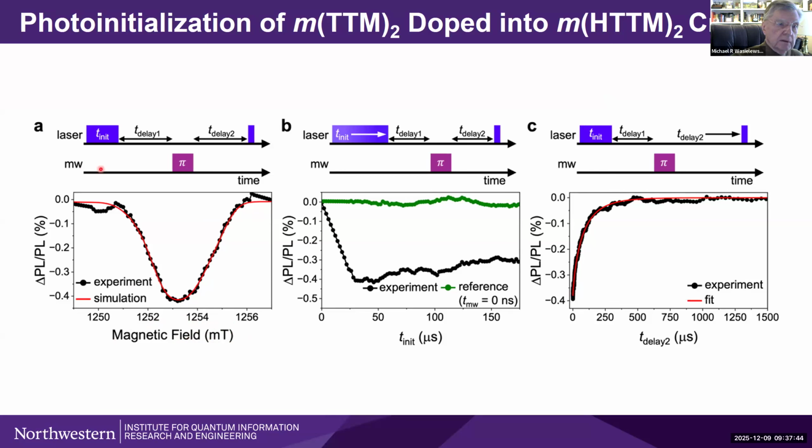All right, so let's just walk through this. Once again, this is the standard ODMR spectrum. We initialize for a while, delay, pi pulse, delay, readout, and sure enough, we get a nice ODMR spectrum. And we can, of course, simulate this as well. In this particular case, we're looking at the onset of this effect in the absence and presence of the microwave. Clearly with no microwaves present, you don't get any effect.